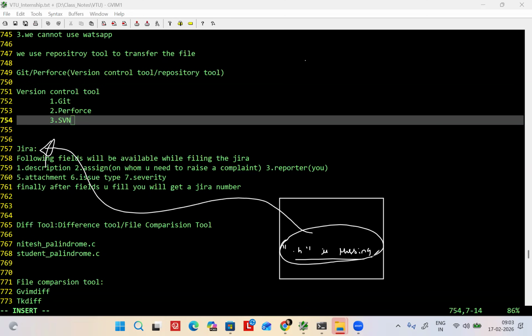Because like you, someone might have filed a complaint. Okay. See, always keep in mind, whenever there is a Jira, one person will raise a complaint and another will give the solution for it. Anyone can give a solution. I have raised a complaint against you. Okay, I'm a verification engineer. There is some bug I have got, and you are the design engineer.